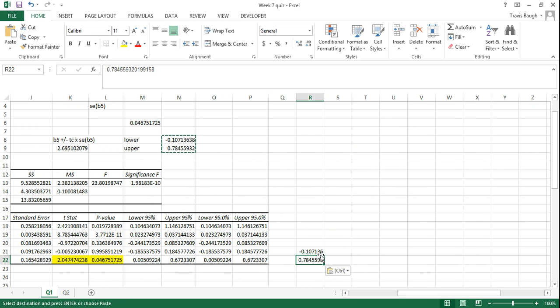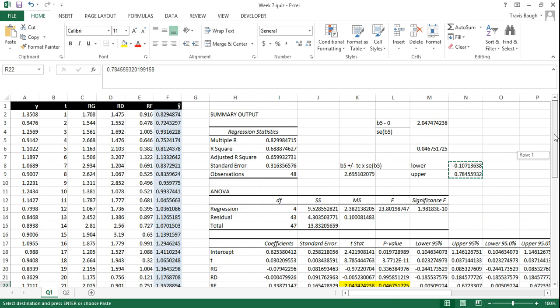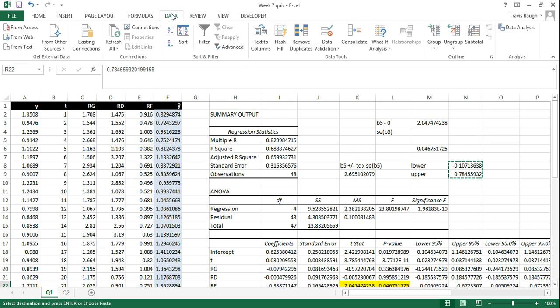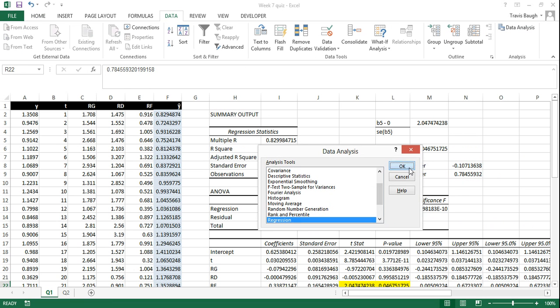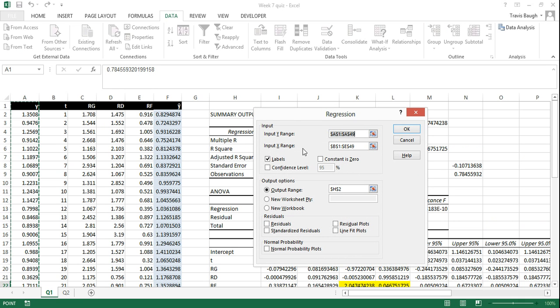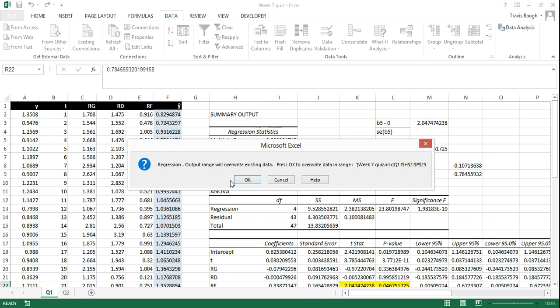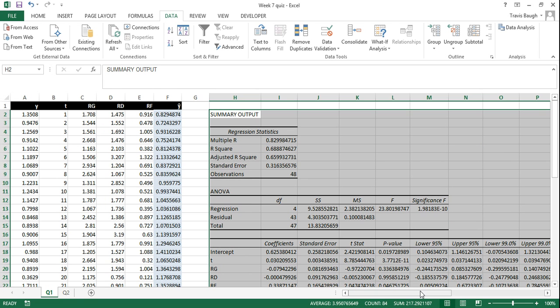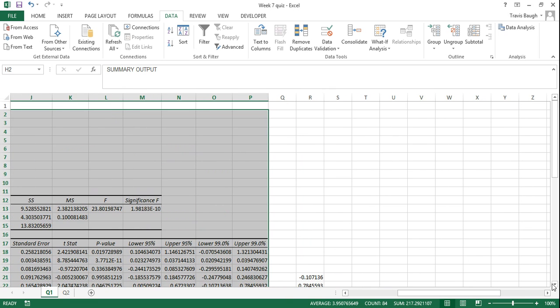Now I've put them out here just so that when I run the regression again, which is the final thing I'm going to do, I'll get a 99% confidence interval given to me here, and it should correspond to these two values. So let's do that. So data analysis, regression. Fortunately, Excel has remembered what I was analyzing previously. I'm going to change this confidence interval to 99 and then run the regression. It's overwritten what I had there, but if I come down here,